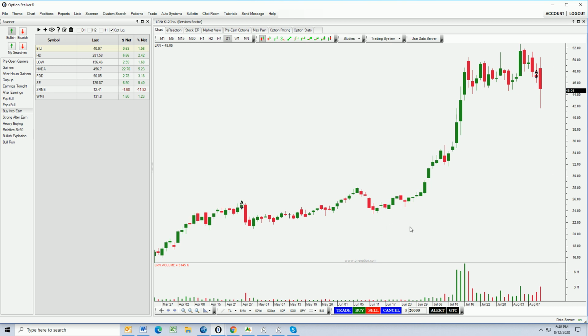Actually, I can draw one back here. If I want to draw a horizontal alert line, I find a low candle like this one, and I double click on that low, and it will draw a horizontal alert line. That's what I did this morning. I noticed that there was a very, very tight price compression, and it had earnings after the close yesterday, which,